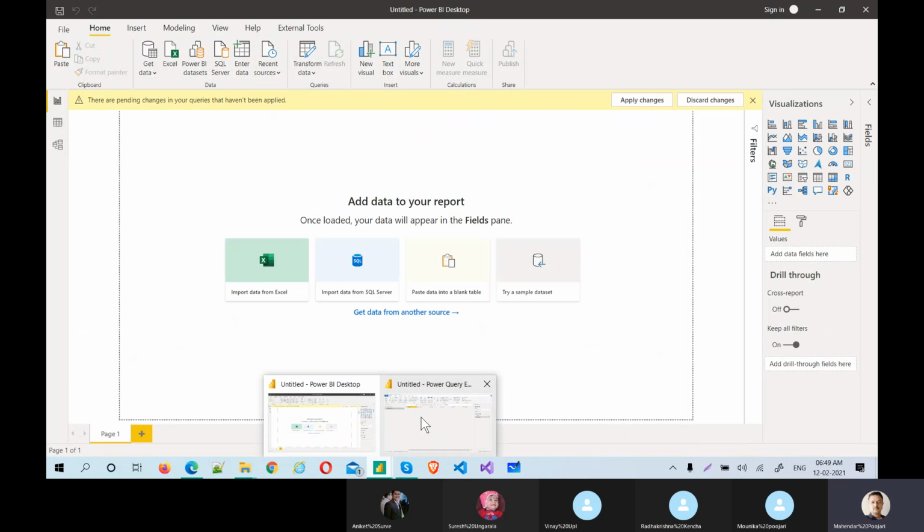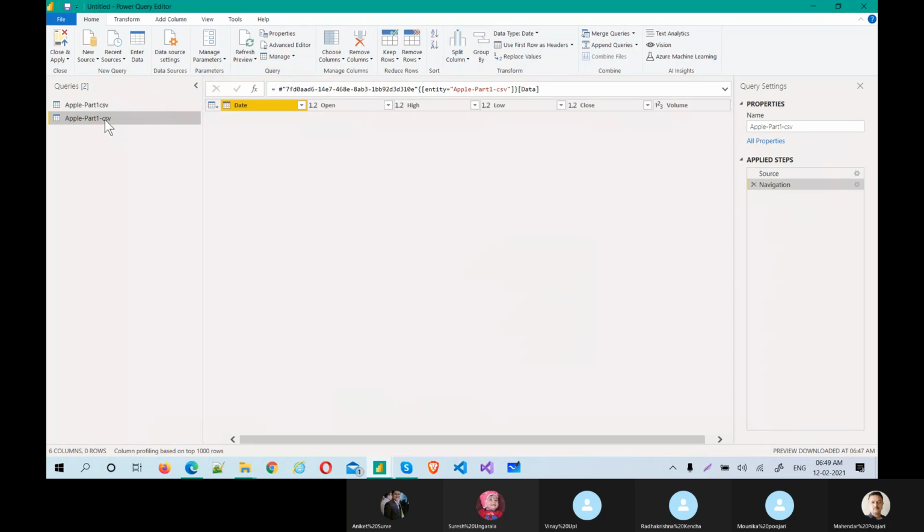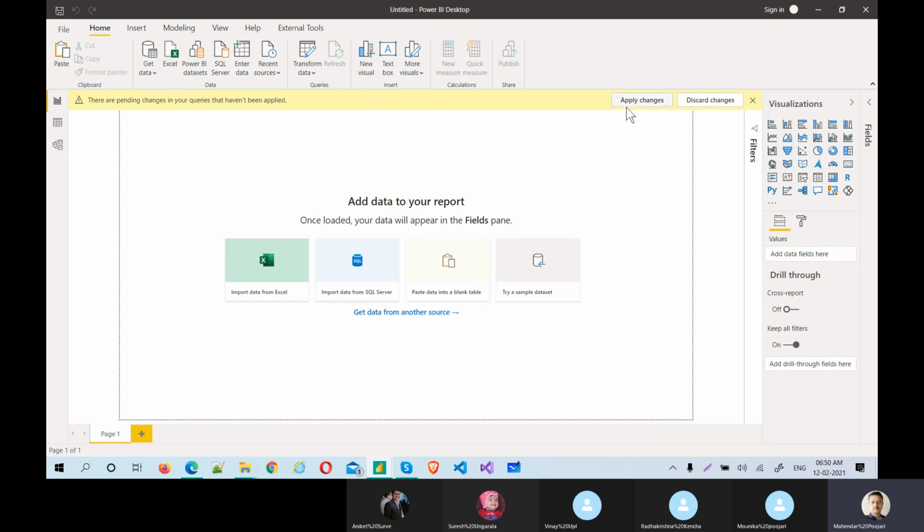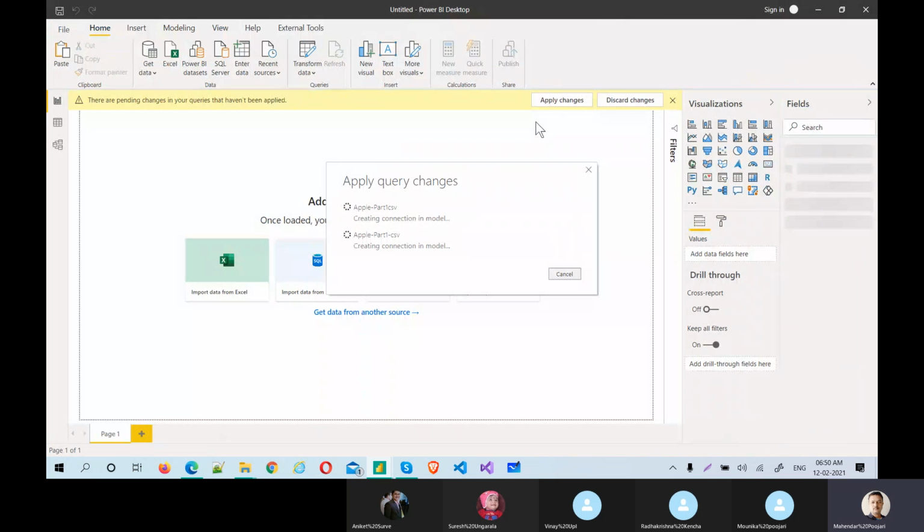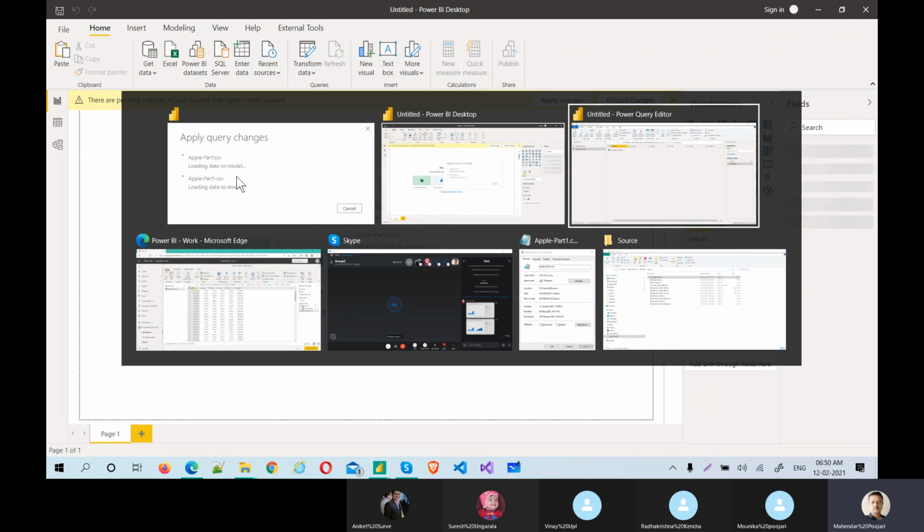Where are we? But no data is refreshed. See, vice versa, I'm going back from the cloud to my desktop, creating some reports and pushing them back to the Power BI service. That is my intent. But the problem is no data. Why no data?